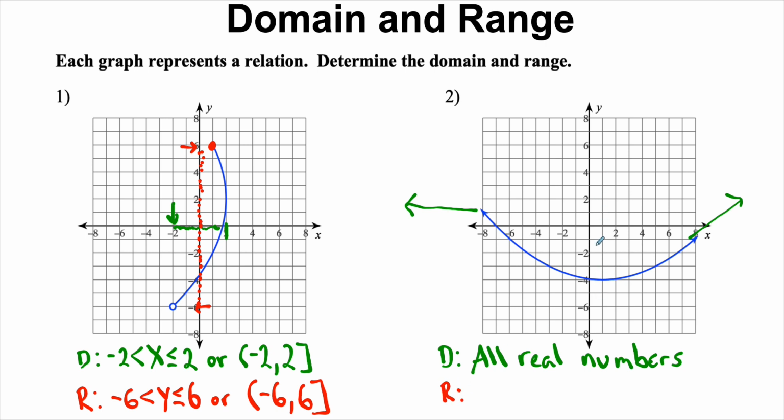Now the range. Well, we'll start with the lowest. What's the lowest? -4 right here. Now the line is solid, so we're going to include -4, less than or equal to. Now notice it goes forever to the right and it's going forever up. You only need one, but this one is also going forever to the left and up. And it's going in the y direction, so that's why we're going to have y. So we have -4 less than or equal to y,